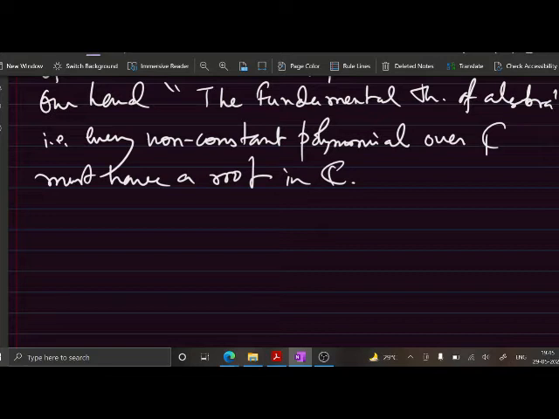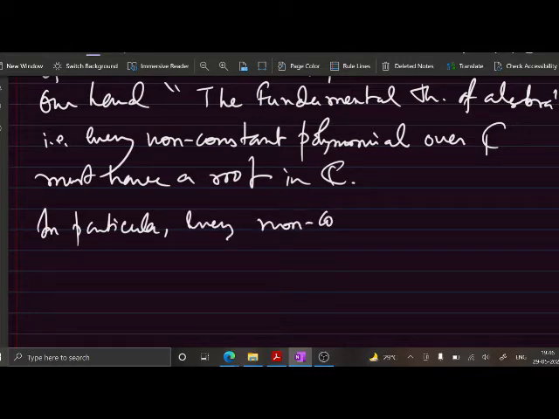So, therefore, every non-constant polynomial over R must have a root in C. So, in particular, every non-constant